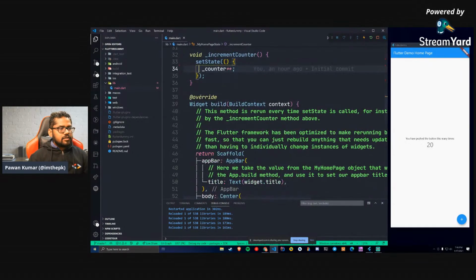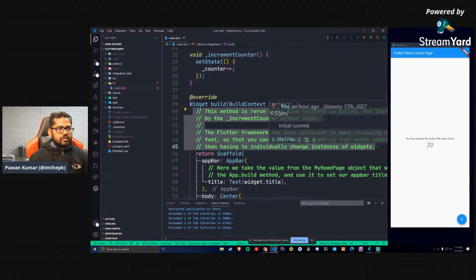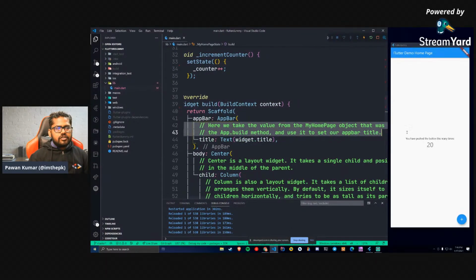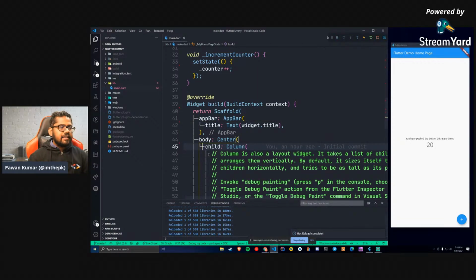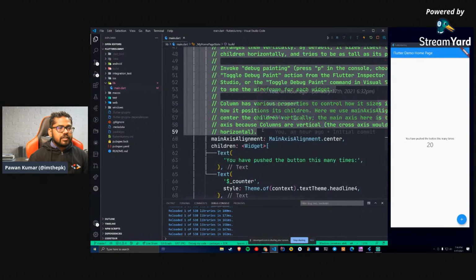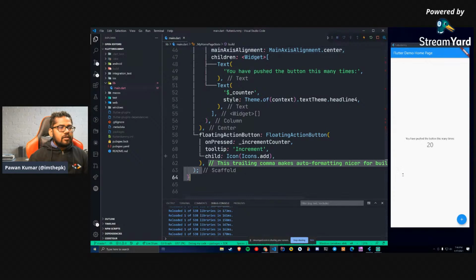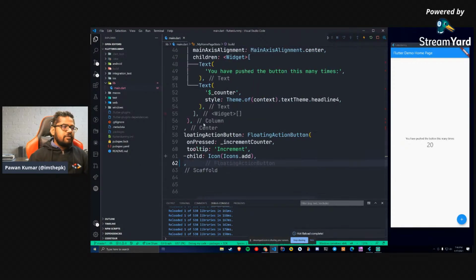Okay, let's give it a shot. I'm removing just the comments, because they are taking so much space and making the things I want to explain a little bit confusing. Okay, so now it's very, very simple.